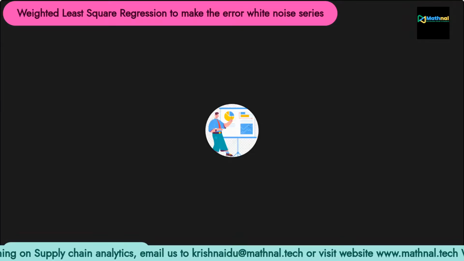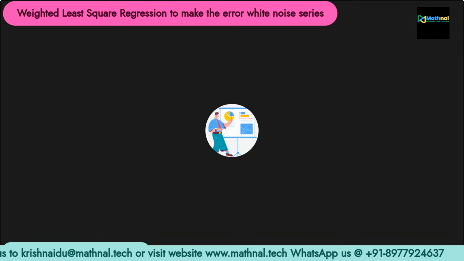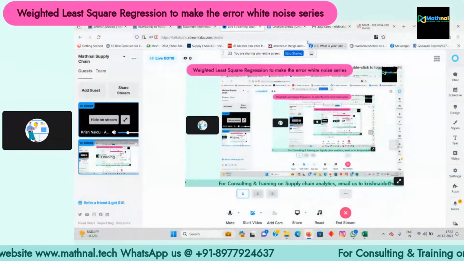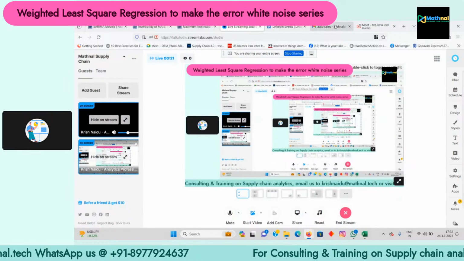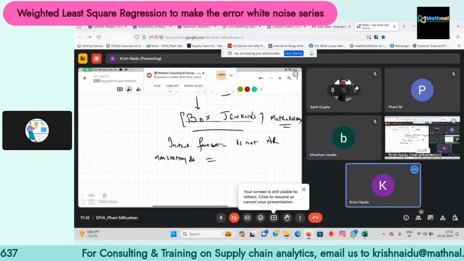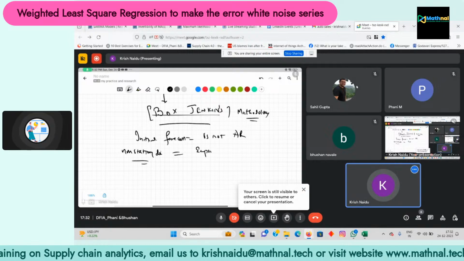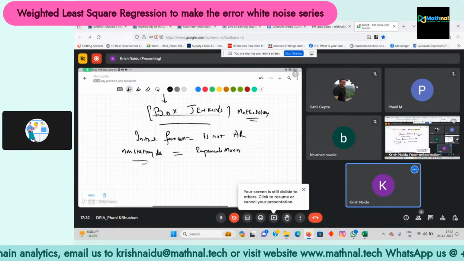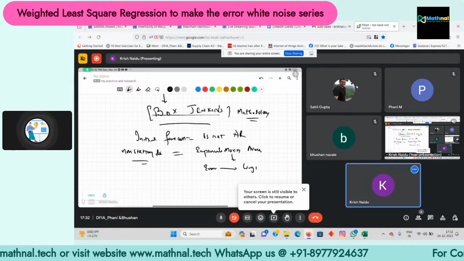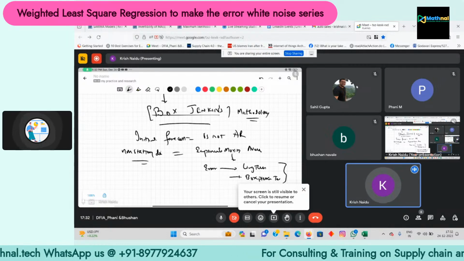The initial forecast could be on the non-stationary data, like I can do an exponential moving average. Okay, and then what I see, I test the error. I do the Ljung-Box test. I do the Box-Pierce test. I do these two tests, and I understand that my data is still not